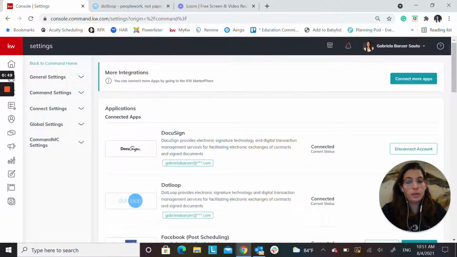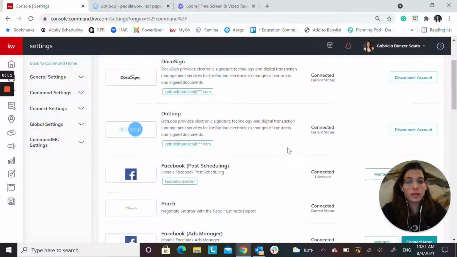And in here, what you want to do is you're going to scroll down and see if you have Dotloop connected. It might take about a minute for Dotloop to actually appear on your screen, so give it a little bit of time, and then if you don't see it, then you need to connect it. If it's connected, you're going to see your email right below the Dotloop name, and then it's going to say connected. If you have the wrong email or the wrong account connected, you can go ahead and disconnect account and